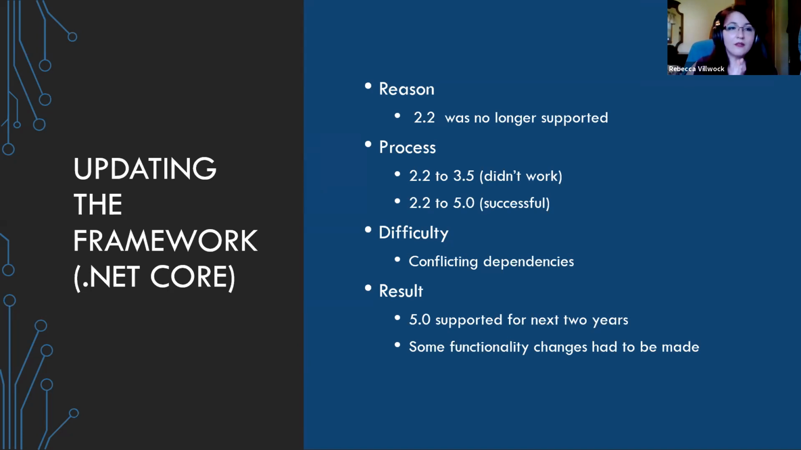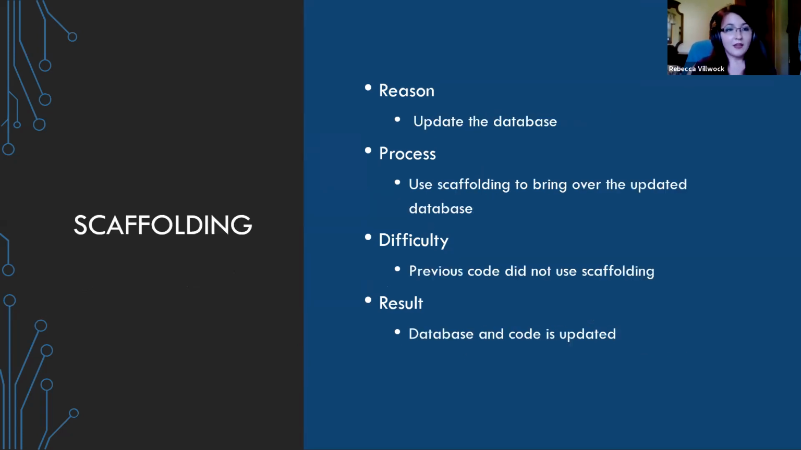We now are in 5.0, which means for the next 2 years, we're good with support from Microsoft, and we've added additional functionality as well. I'll be handing it off to Michael. Thank you, Becky. After we updated the framework, we